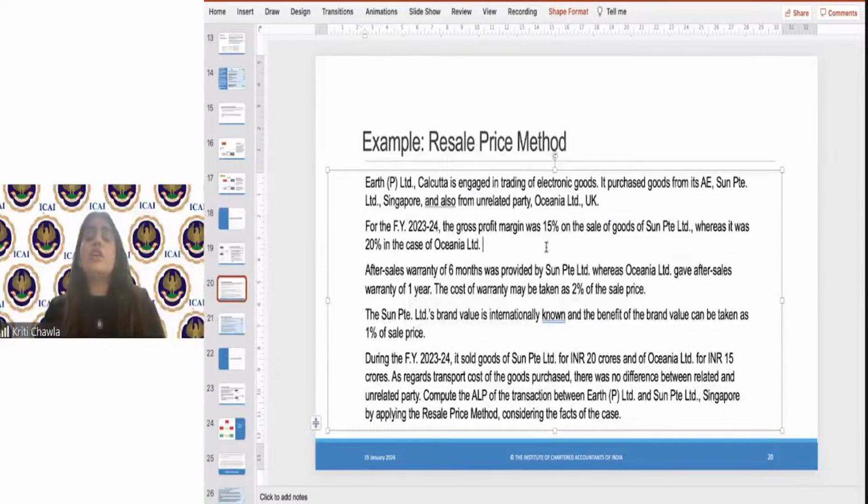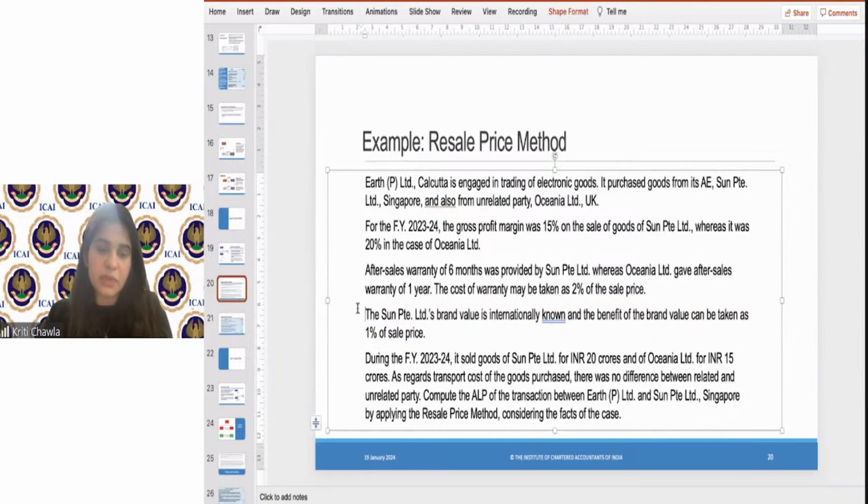After sales warranty of 6 months was provided by Sun, whereas Oceania, which is non-related, gave after sales warranty of 1 year. The cost of warranty is 2% of sale price. That basically means that this is an adjustment. We can see if adjustments can be done. The Sun PTE's brand value is internationally known, and the benefit of the brand value can be taken as 1%